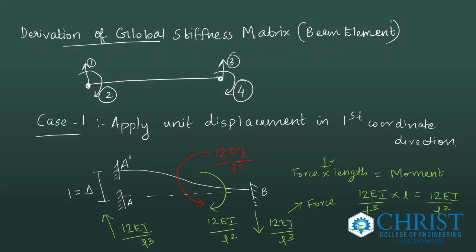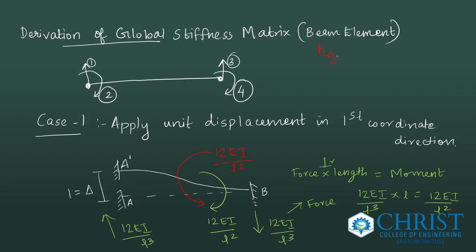So welcome to a new lecture on stiffness matrix method of analysis. Today we are going to derive the global stiffness matrix for a beam element. So the beam element basically consists of four system coordinates. That is called the global stiffness matrix that we are going to derive, and it may be represented by the symbol